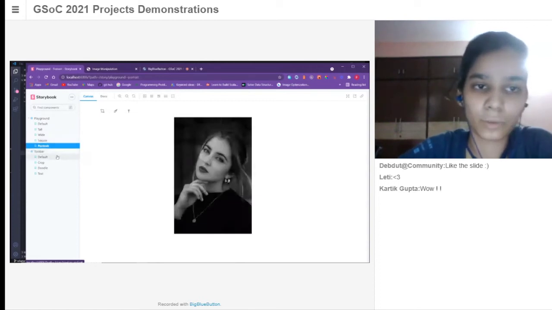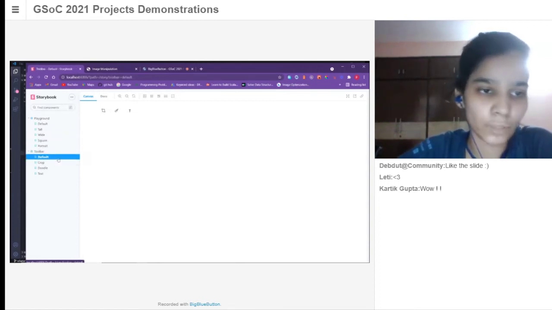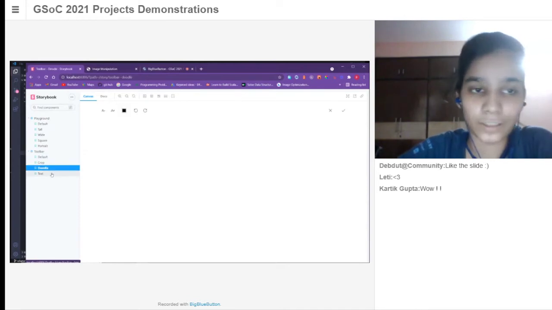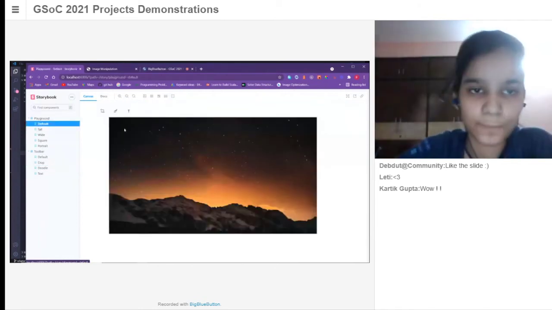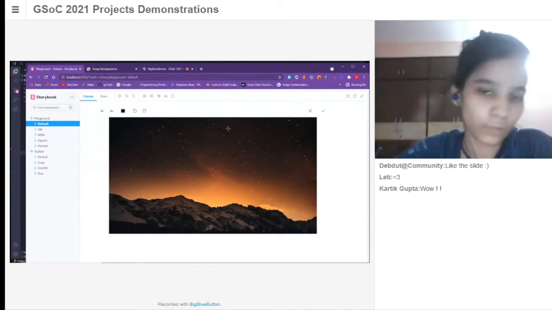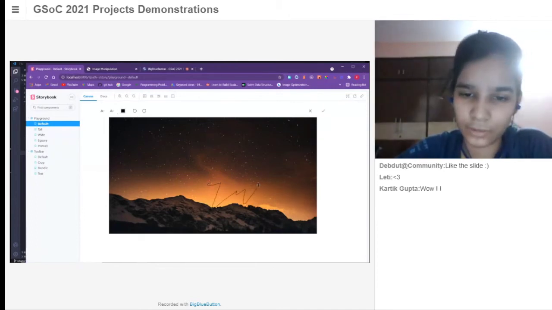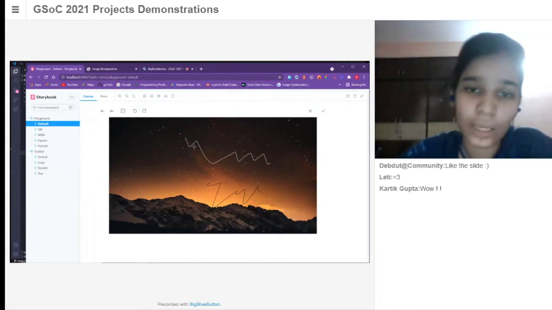Then we have these toolbar states. We have the default toolbar state, doodle. In doodle functionality, the toolbar will look like this, then text and crop. Let's go to our default and test out these functionalities. First of all, let's test out doodle functionality. With doodle, we can doodle over the image. You can see over here, there's this black lining. We can change the color. Let's change it to white. Right now, the stroke width is not very wide, so let's change it. And then here we go.